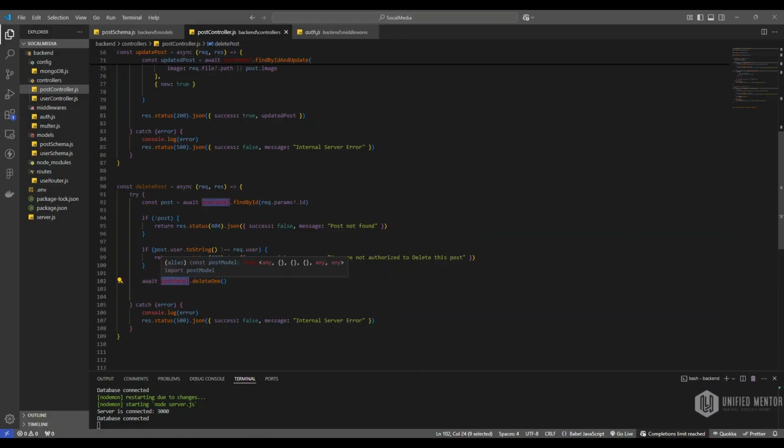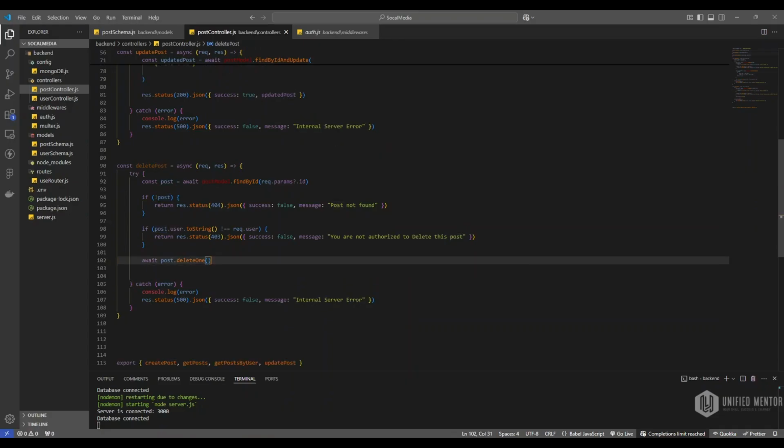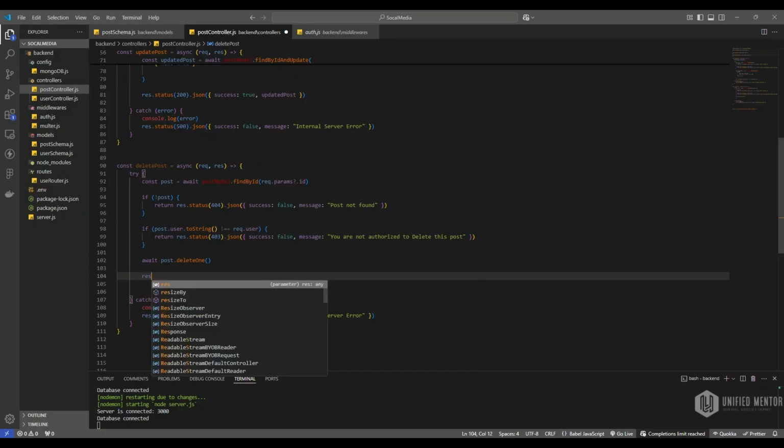No, we should not use the model, sorry, we should use post here. Like here is the post, right, which we are getting, already we are getting the id, right? We are already getting the id from params and it is saving that particular post. So we are using post here and we are using deleteOne, and we will send a response with the status